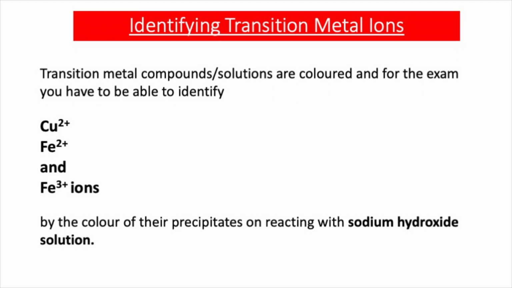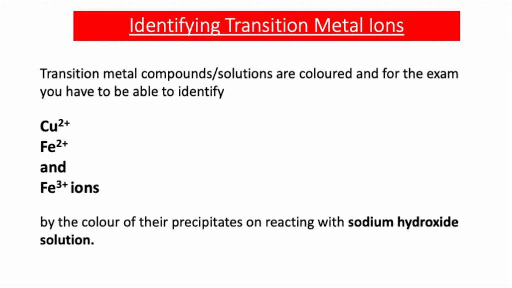So we're now going to look at how precipitation reactions can be used to identify transition metal ions. Now, transition metal compounds and solutions are coloured, and for the exam you have to be able to identify Cu2+ ions, Fe2+ ions and Fe3+ ions by reacting these solutions and compounds with sodium hydroxide and forming